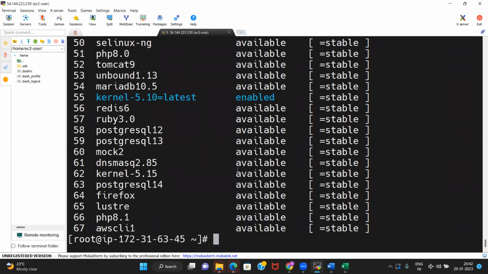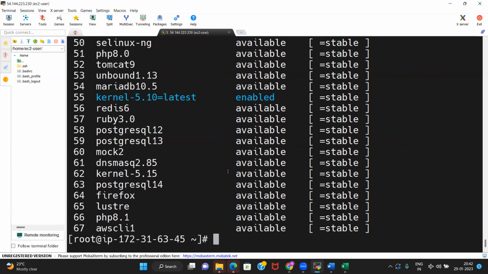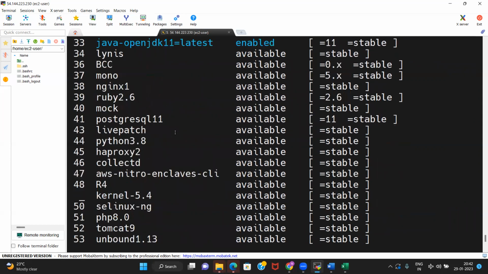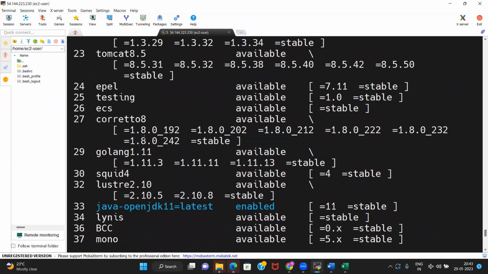So what happened with this, your Java is done, right? One more way to set up Java is just type Amazon Linux extras, and whatever you want to install from here, you type Amazon Linux extras install and then the name of that.